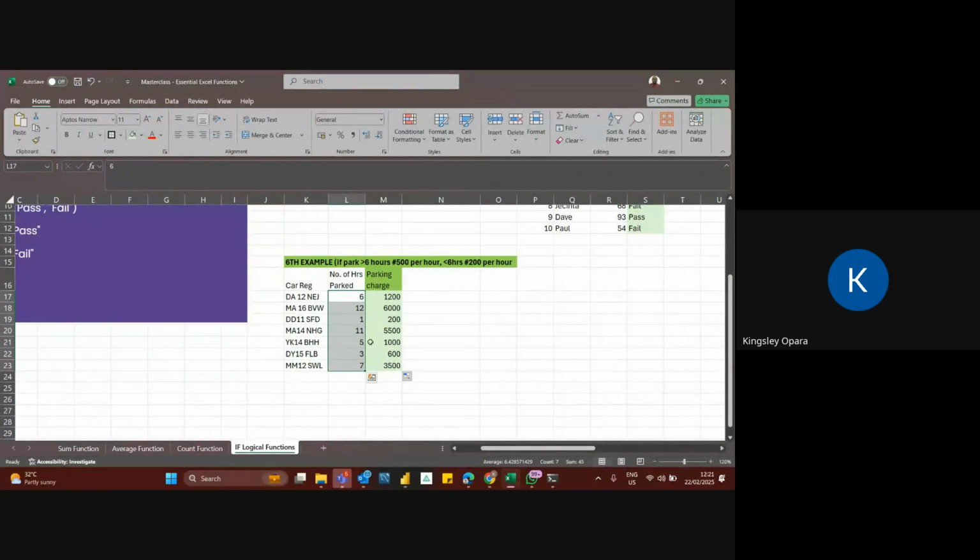Okay, you can get how much every vehicle ought to have paid, and you can use that to reconcile and check how much you actually collected from them. Or maybe you want to even issue out receipts, you can easily ascertain this.